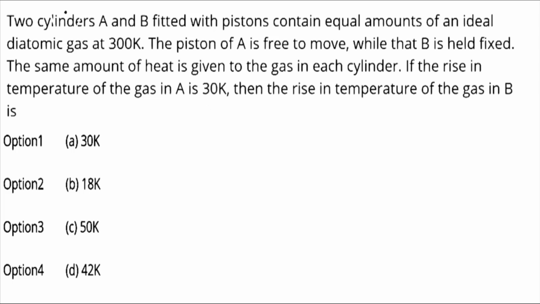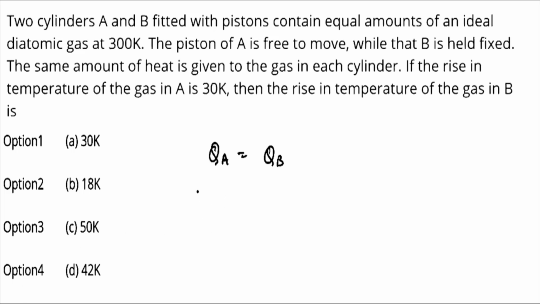Okay, so we have been given two cylinders. One has a piston which is free to move, and the other, cylinder B, has a fixed piston. Now if we supply an equal amount of heat in each cylinder, and the rise in the temperature in cylinder A is 30 Kelvin, then we have to find the rise in the temperature in cylinder B. Since the heat supplied in both cylinders is the same, cylinder A has a piston that is free to move, so it will heat